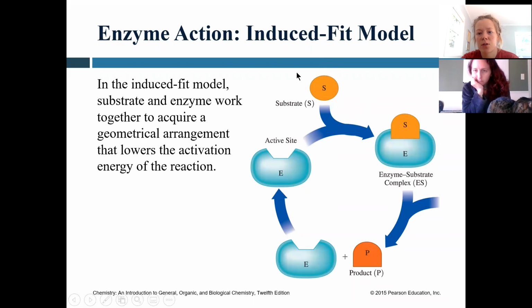So here's a picture of the induced fit model. Let's start here. We've got an active site, and the active site is sort of making this bottom of the boat shape. And here's our substrate, which is a circle. If we were dealing with the lock and key model, these two things would be too far apart to make magic happen. But what can happen is this active site can adjust, and it sort of meets in the middle. It's not going to totally change its shape, but it'll adjust enough, in this case making a little bit of a box, and the substrate as well will kind of box out one end